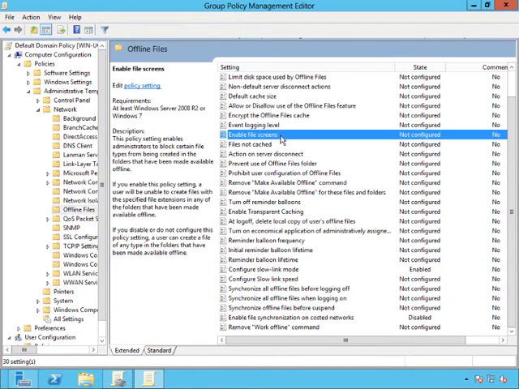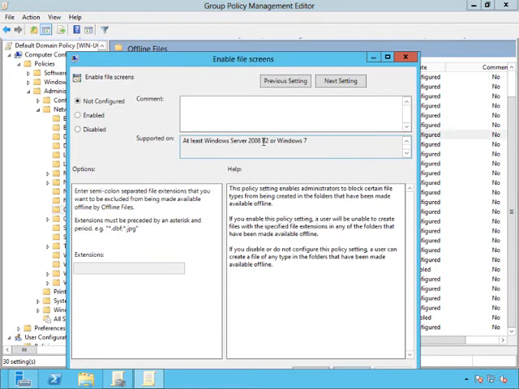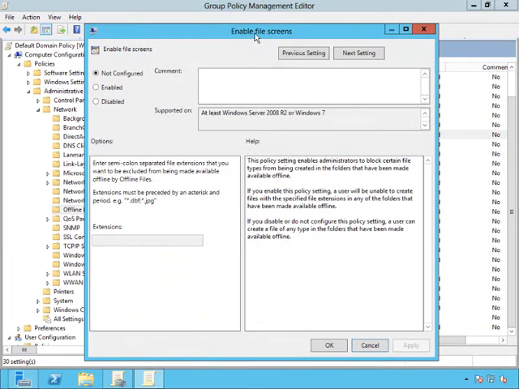Here's another policy, and this one is particularly useful for security purposes. Enable file screens. It can also be used to reduce bandwidth, but when you enable file screens, you can specify the types of files based on their file extension that are excluded from offline file use. So imagine that you want to make sure none of your spreadsheets, which maybe they have payroll information, aren't synchronized. If your spreadsheets always have an XLS or XLSX extension, you can enable this enable file screens policy and